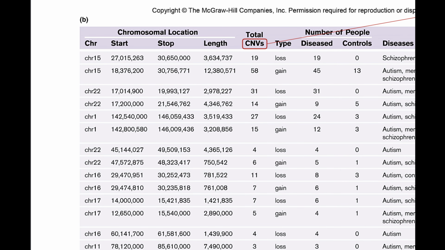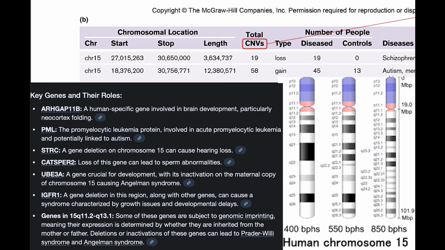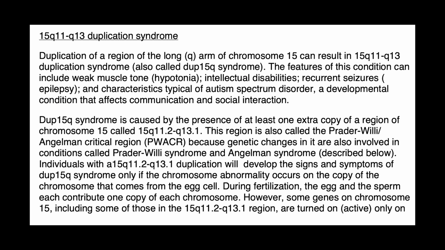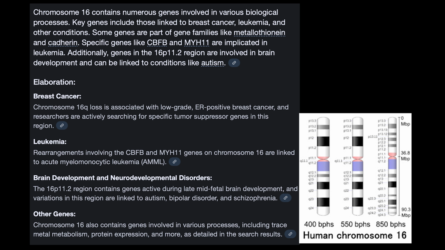For example, chromosome 15 has regions that code for genes that control synaptic signaling and neural inhibition. If these regions are duplicated, it could result in imbalances in excitation and inhibition in the brain, a common symptom within autism spectrum disorder. In chromosome 16, there are also important regions of DNA that code for genes involved in